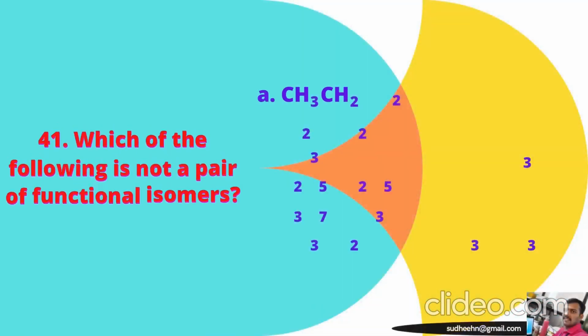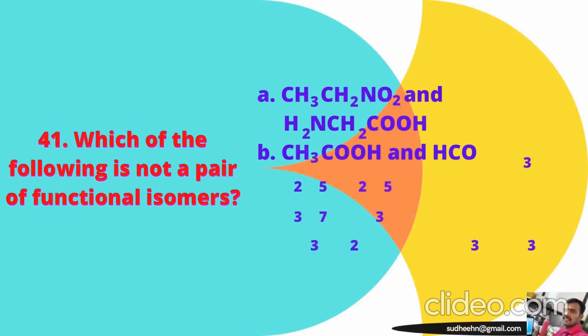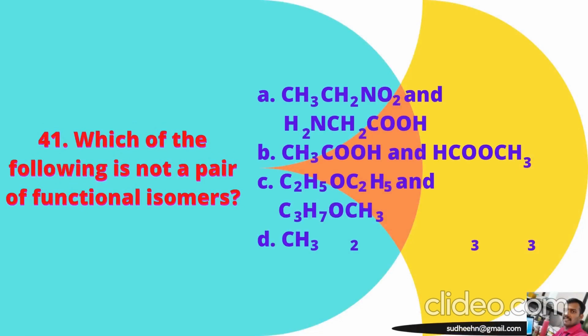Next, question number 41. Which of the following is not a pair of functional isomers? Option A, CH3CH2NO2, that is nitroethane, and H2NCH2COOH, that is amino acetic acid. Next, option B, CH3COOH, that is acetic acid, and HCOOCH3, that is methyl formate. Next, option C, C2H5OC2H5, that is diethyl ether, and C3H7OCH3, that is isopropyl methyl ether. And the last option, option D, that is CH3CH2OH, that is ethanol, and CH3OCH3,